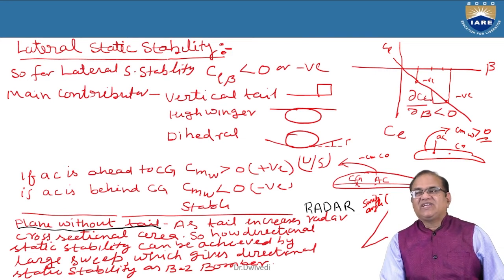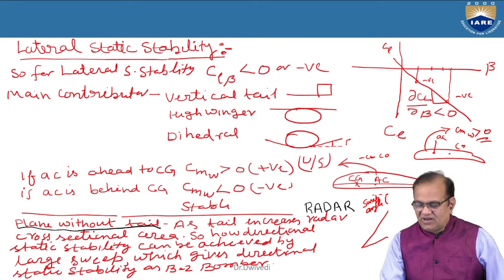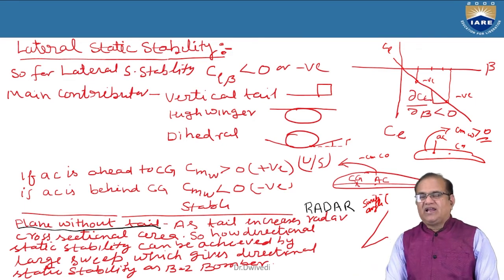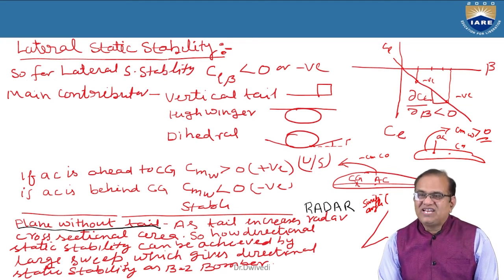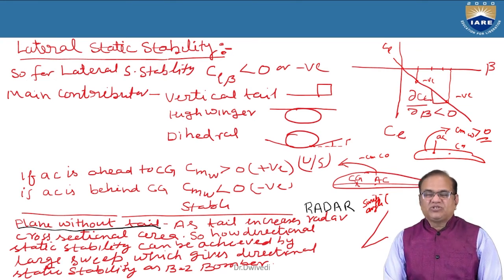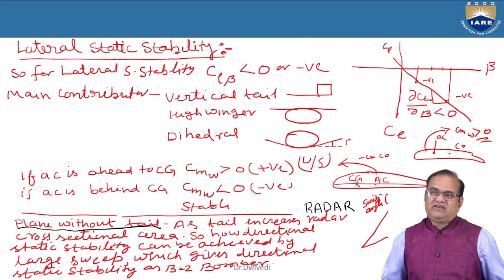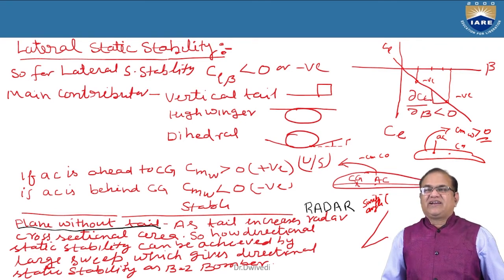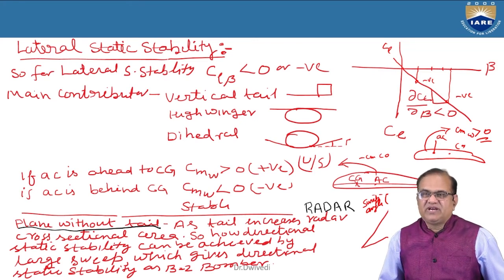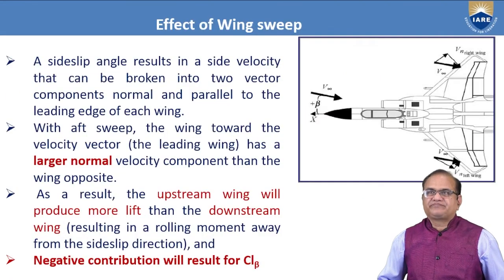If it does not have any vertical fin, then also we can get the directional stability of the aircraft. You might have seen birds. Birds also do not have a vertical fin. Still, they are very highly agile, and most fighter aircraft nowadays they want to make without the vertical tail, so that radar cannot detect them very easily and the aircraft can escape from the enemy area.